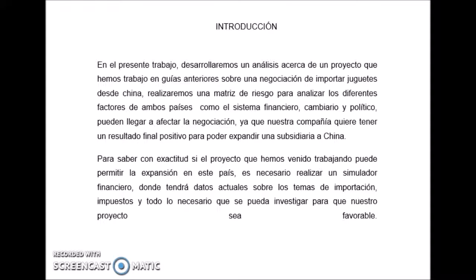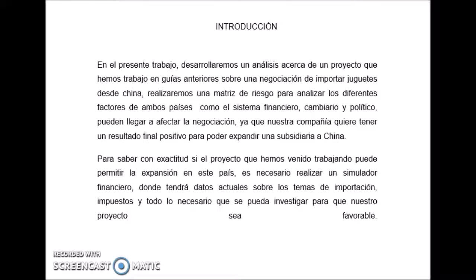Alright, first of all, we are going to develop a little analysis about a project that we have developed through this subject. So we developed a negotiation of, we're going to import toys from China. So we did already a little work with the risk matrix to make an analysis about the different factors of both countries where we can have some risk, such as the financial system, the exchange risk, and the political risk